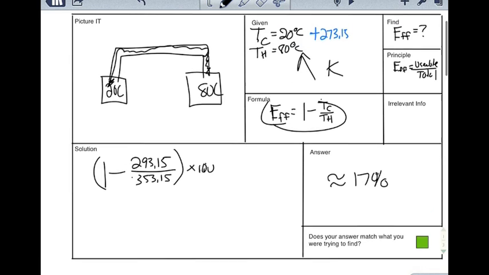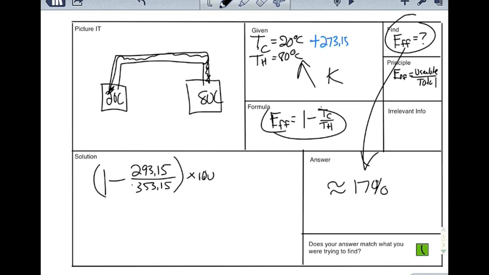And what we got is an efficiency, which is what we were looking for. So we can say that is what